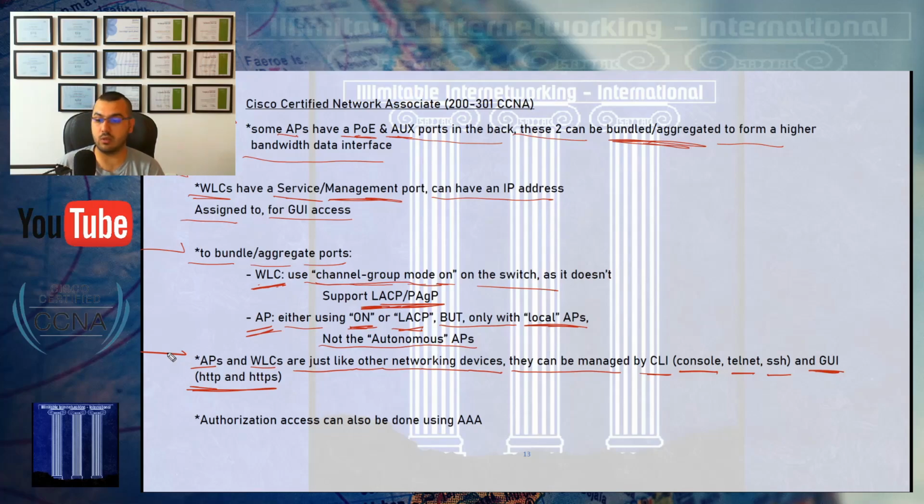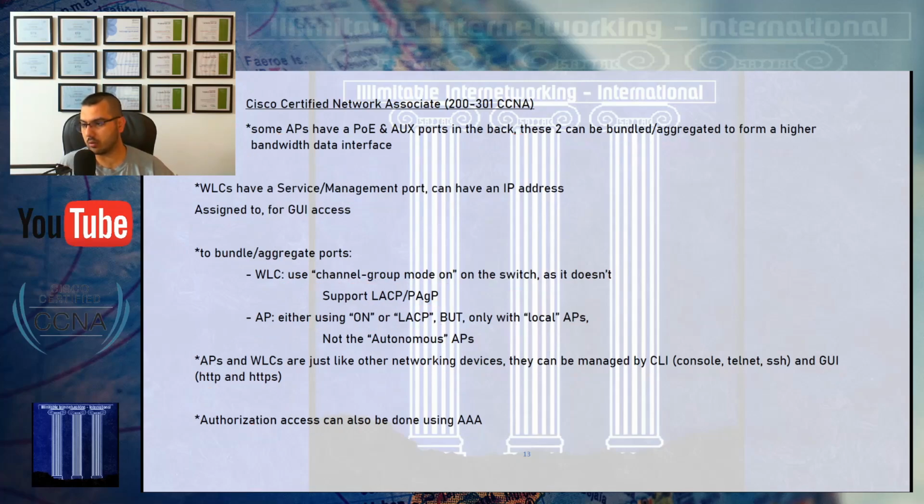Right now, after I finish with note number 5, authorizing access can also be done using AAA. I will talk about this in the security video. I should have removed this note actually, because there is a lot of speech about AAA and 802.1X in the security video that will be upcoming, in the next video actually. So that's it. These are only 4 notes that I wanted to talk about, and for this GUI and HTTP thing,